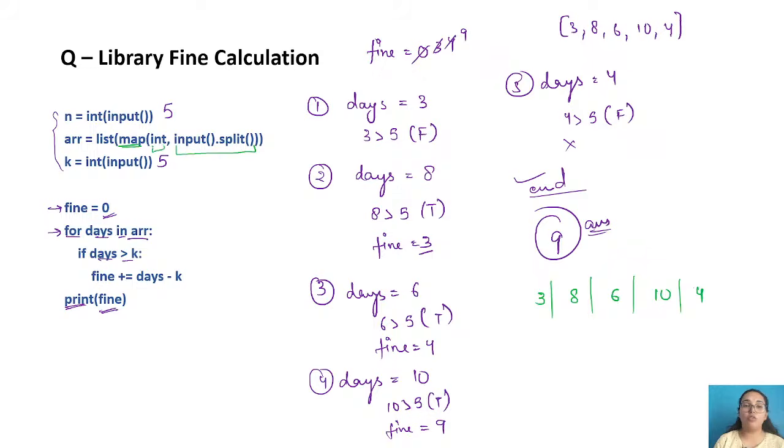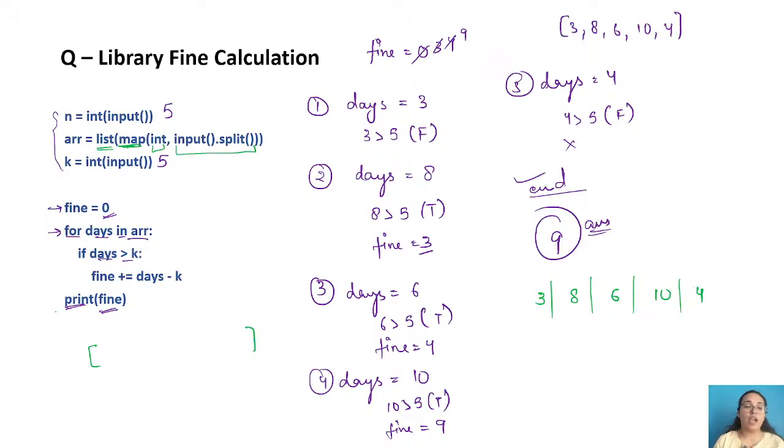Now what is going to happen? When you have defined int, it is going to convert all the individual entities into that data type. So now 3 is an integer, 8 is an integer, 6 is an integer, and 10 and 4 again are integers. Once the data type is converted into integer format, you want to map them into a list in this particular variable array. The list function will convert everything inside into a list format, and using this map function, you are telling Python to map these values into this particular variable.